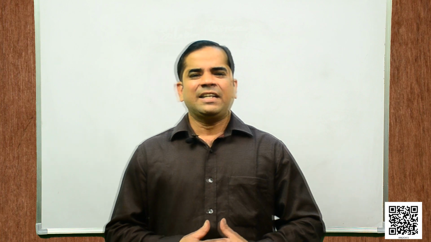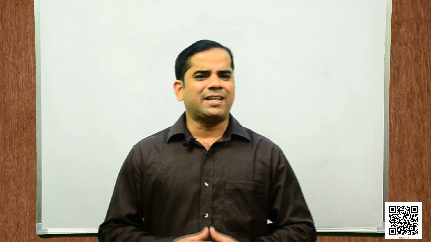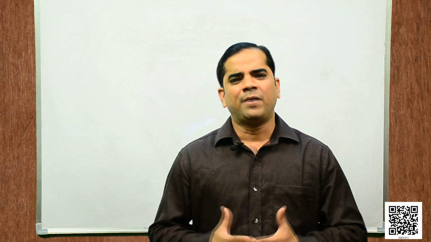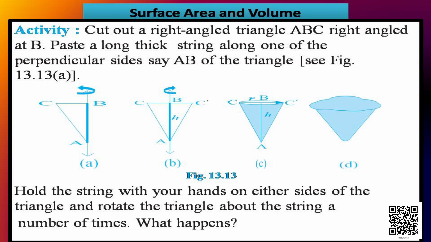Students, there is an activity given in your book. Let us discuss that, and I hope you can do it by yourself. The activity says, cut out a right angled triangle ABC, right angled at B, and paste a long thick string along one of the perpendicular sides, say AB, of the triangle. You can refer to figure